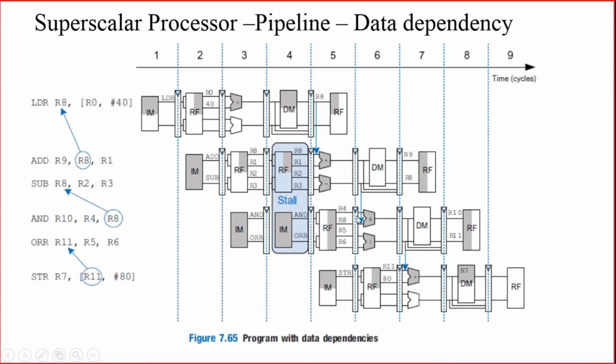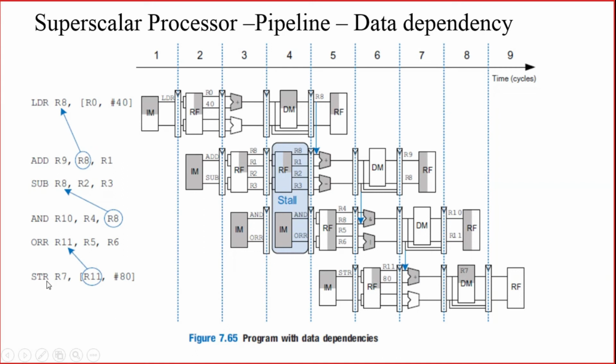After that, decoding will take place. Now after the decoding, what should happen? R4 and R8 should be added. R8 is available here. So from the sub instruction, R8 is forwarded to the AND instruction. R8 is forwarded because the result is available after the execution stage. So R8 is forwarded, R4 is also available. Both are added. Again, since it is a logical operation, the result will be taken to R10. Then similarly, the OR operation also will be performed.